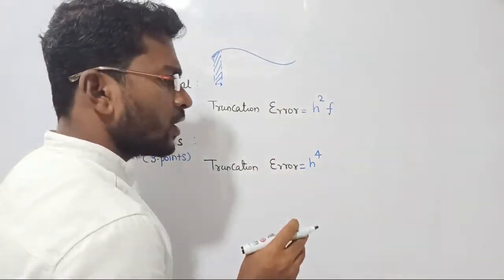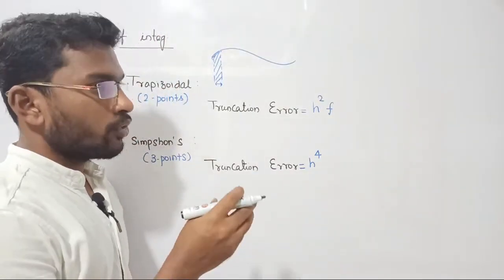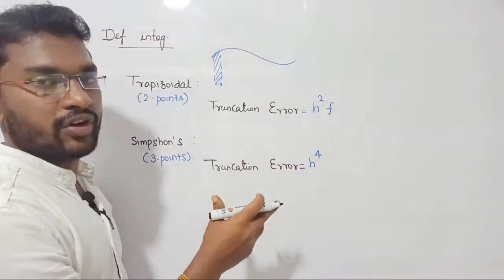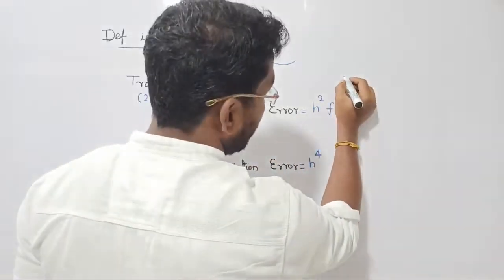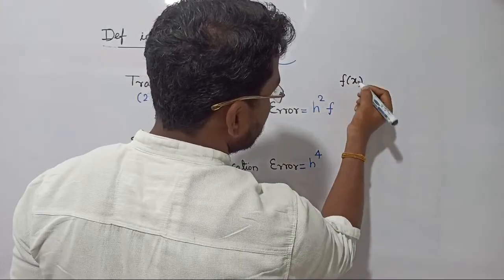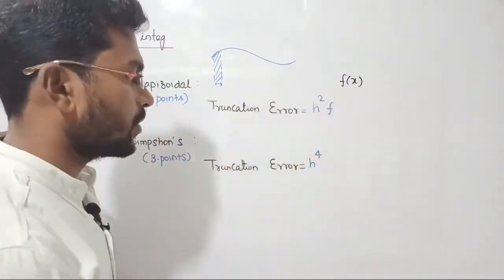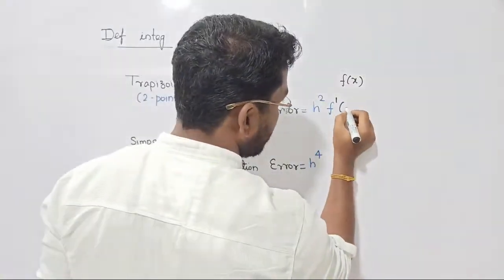See guys, some function will be given to you, and you are supposed to estimate the error of the function, right? When they ask you for the error, what shall we do? The function will be simply defined as f of x. Once f of x is defined, you just do the differentiation once, and then substitute that function here,